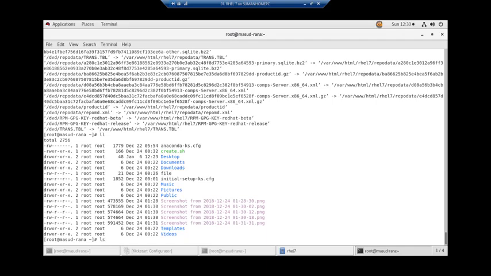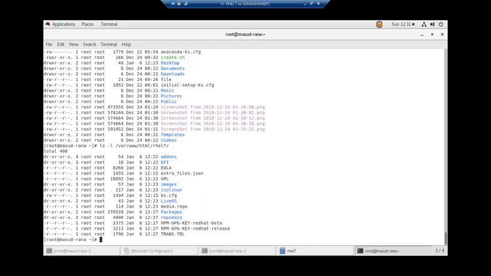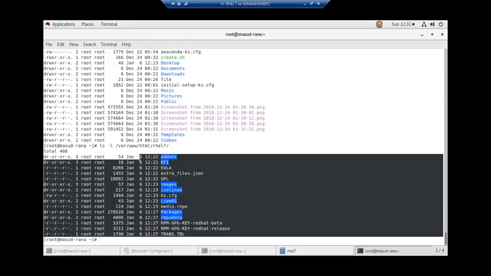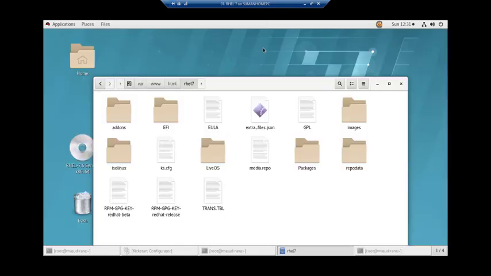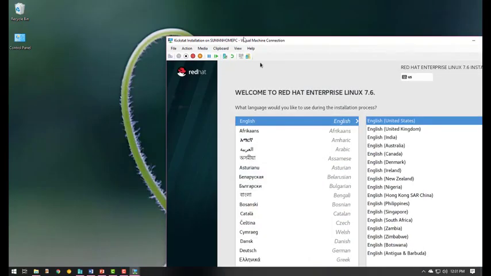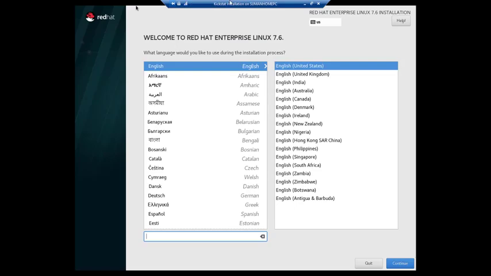ls -l /var/www/html/rhel7. Okay, yeah, I hope everything is here. So let me come to here, and yeah, it has come.